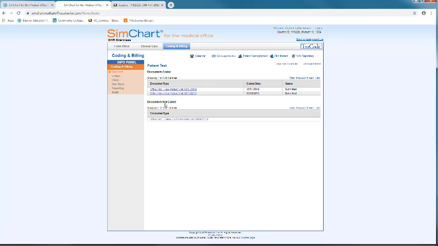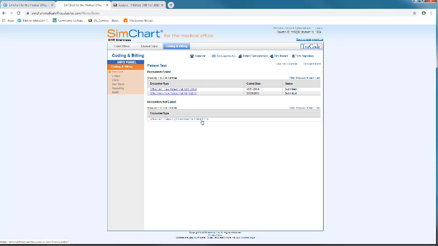I also have a section directly below. These are encounters that have not been coded out, which means I have not applied the appropriate procedure or CPT codes, the appropriate diagnosis codes, or the appropriate fees to the actual super bill at this time. So on my test patient, I have an office visit that was a follow-up or established visit type for September 30th that needs to be coded,